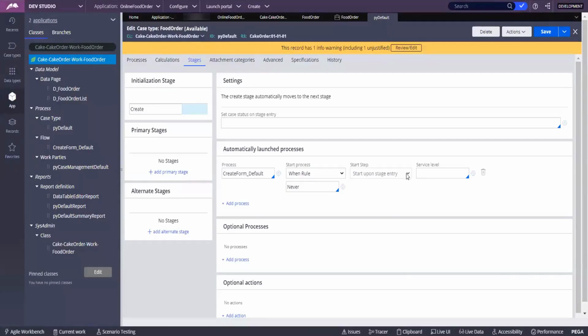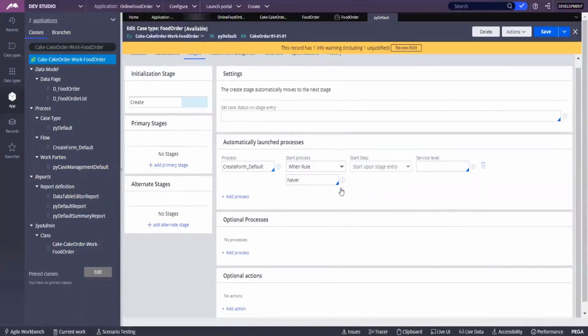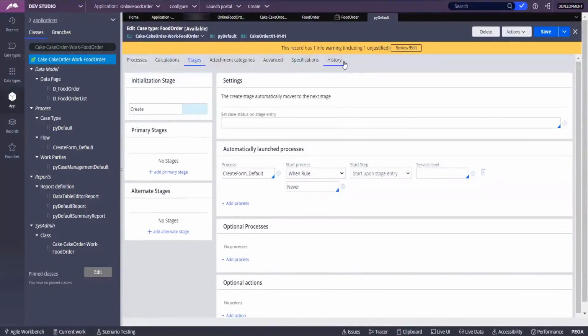Click on save on the top. You have saved. Now what you will do? You click on the cake order rule set. Is there a cake order 01? Yeah, the rules. Cake order 01 under the header.